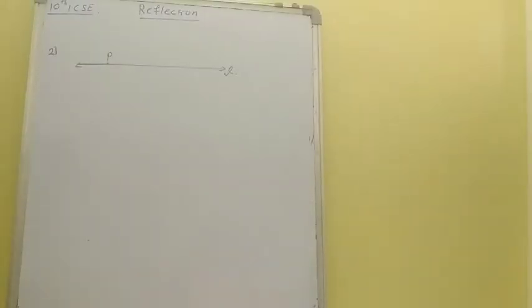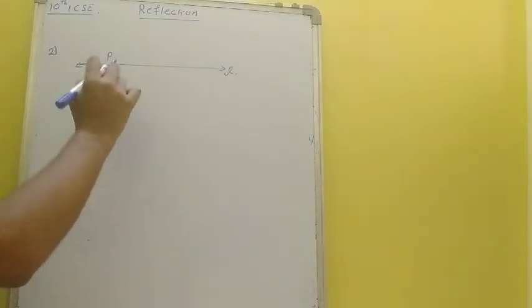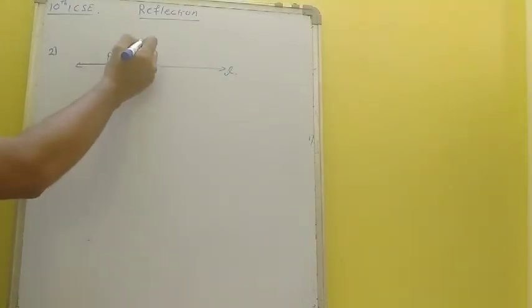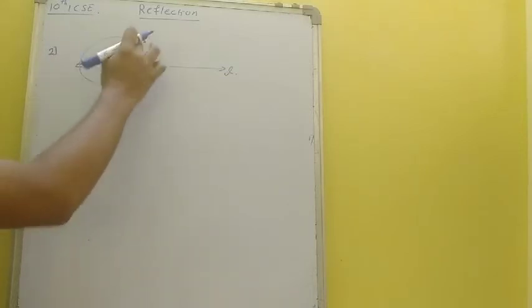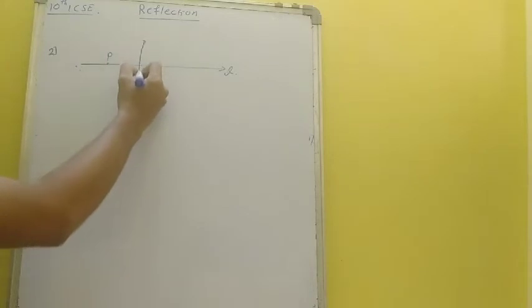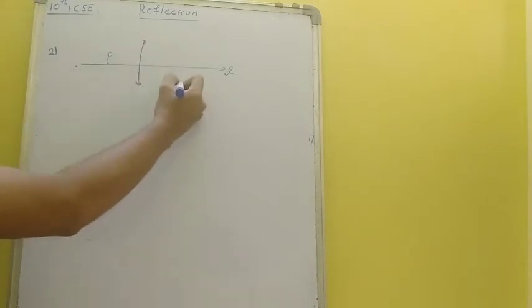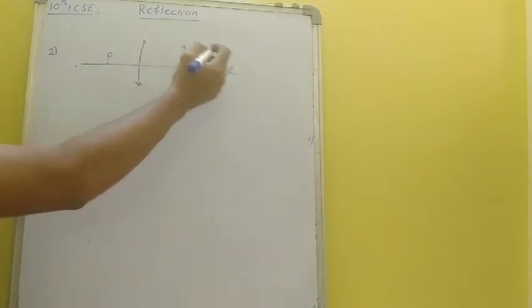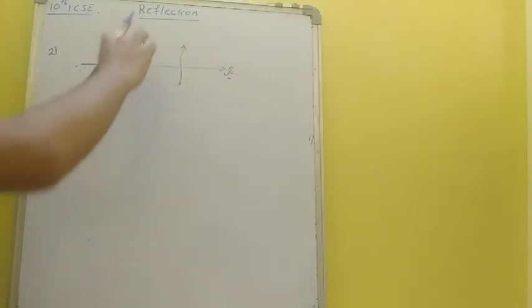Okay, the second question is a trick question. A point P is on its own image under the reflection on the line L. Describe the position of P with respect to line L. Okay, means we are asked to find the position. See, if a point is over here, its reflection will be over here. If point is over here, its reflection will be over here with respect to line L.